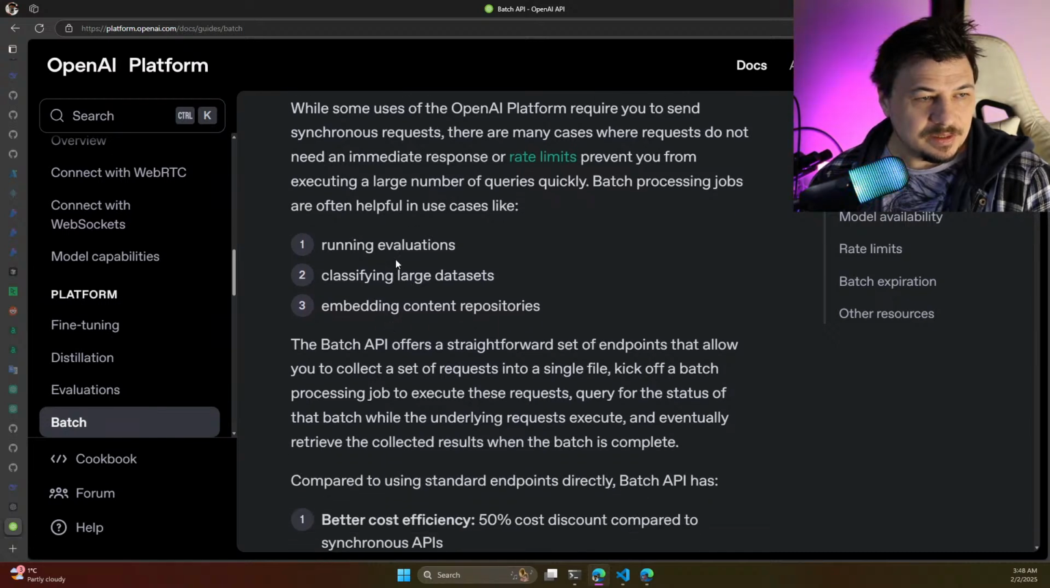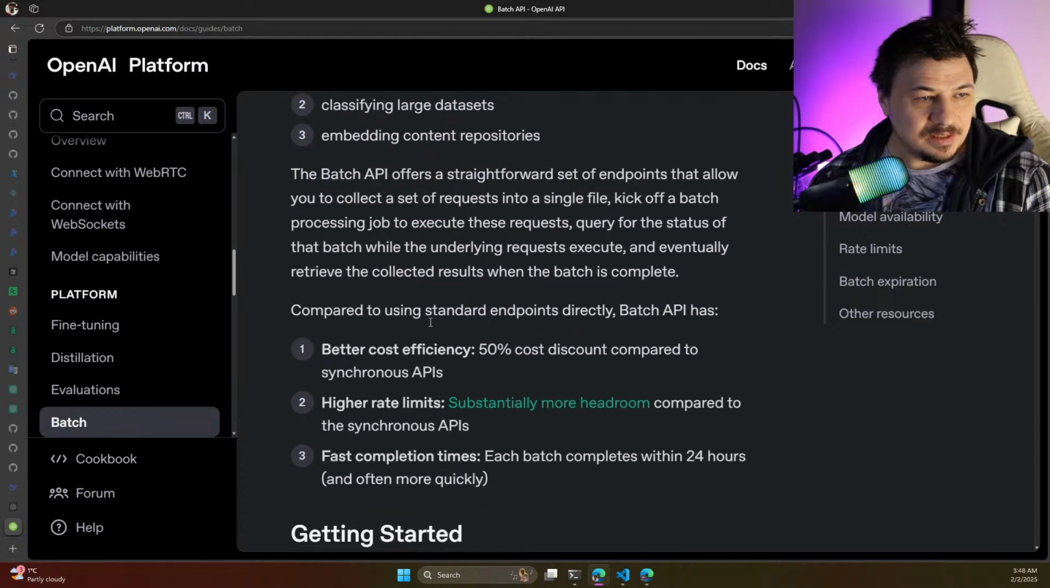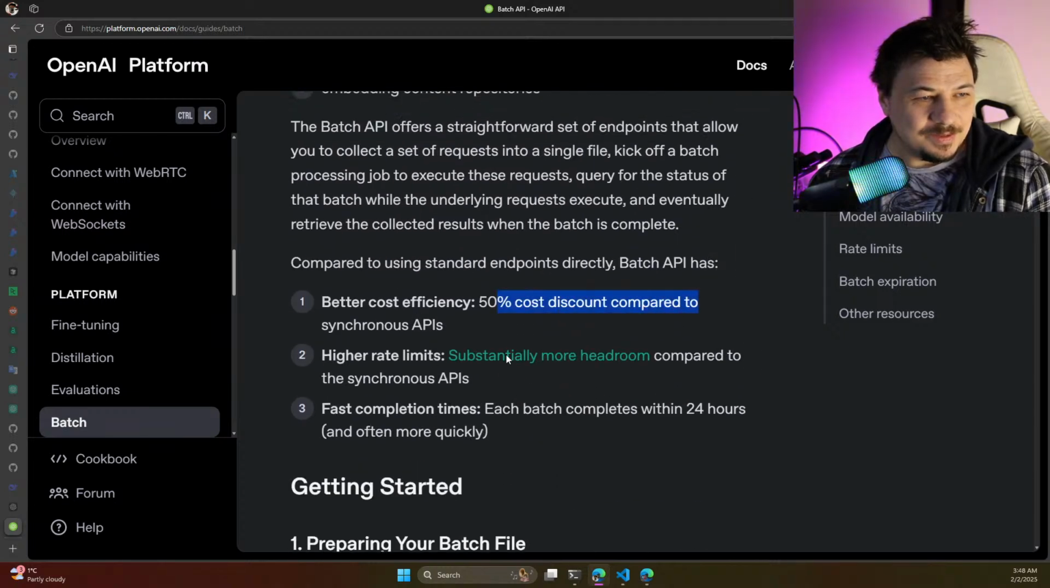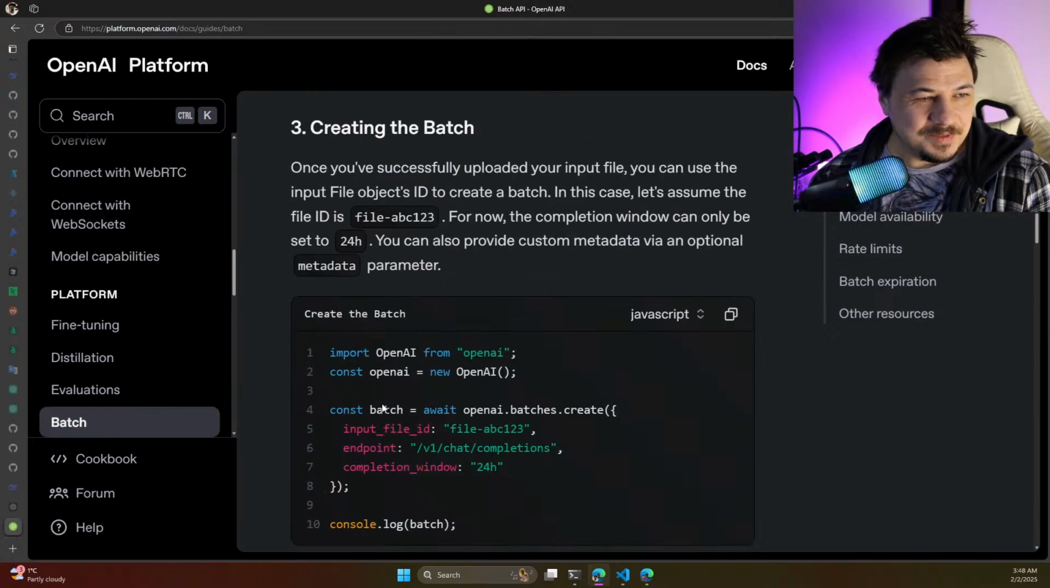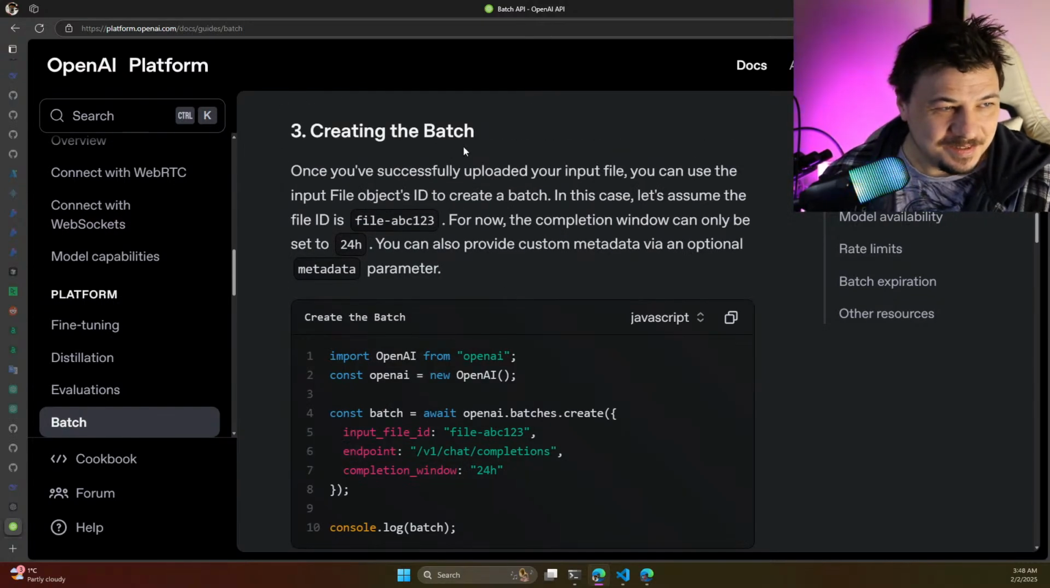Running evaluation, classifying large datasets, embedding content repositories. So it costs 50 times less. Okay, so if we use O3 with batch,